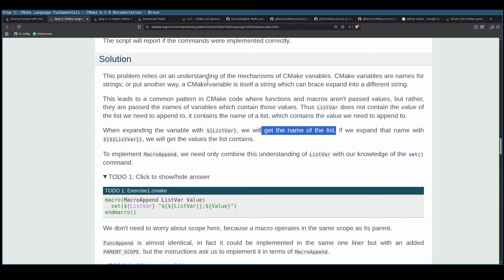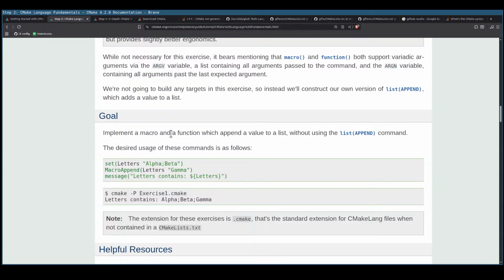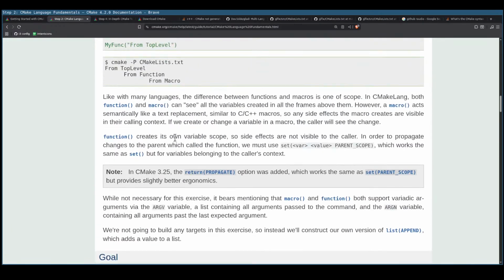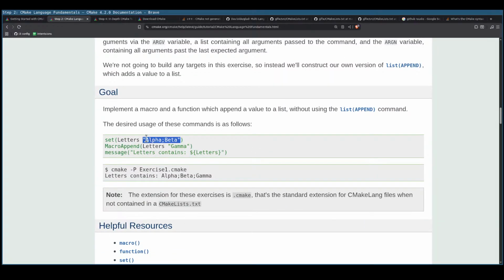So a variable is a string that is a name for a string, like a reference. But before we didn't use them like that. Like here we set the variable as this. Right? If what they said was correct, letters should be